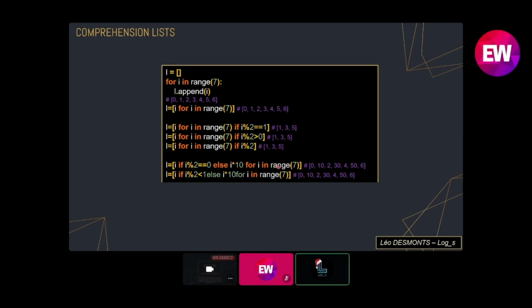So I'm iterating through the same numbers as before from 0 to 6. If there are even numbers, I'm keeping them as they are. If they're odd numbers, I'm doing the number times 10. So 0 is an even number, I keep it as it is. 1 is an odd number, I'm doing 1 times 10, etc., etc. I'll come back to that a little bit later, but you see here I was able to remove a few spaces.